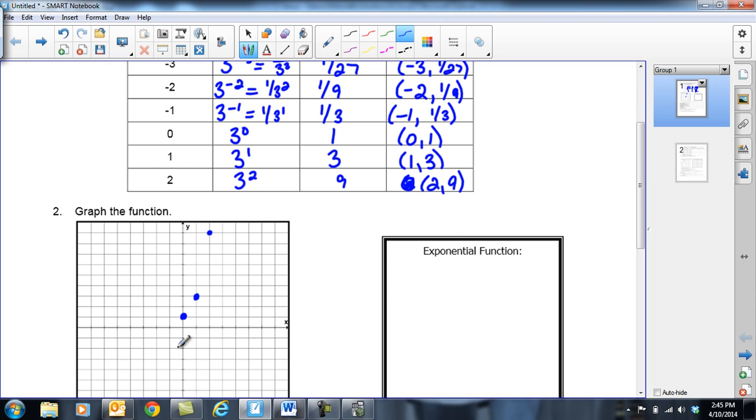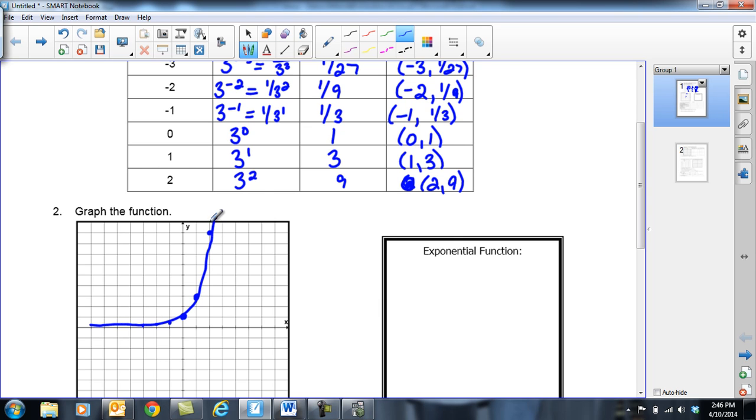And then the rest of them, it's going to be an estimate. I have -1 and 1/3. And then I have -2 and 1/9, which is smaller than 1/3. Then I have -3 and 1/27, which is smaller than that, and it just keeps getting smaller and smaller and smaller. So did my dots. That's funny. So when I connect those,